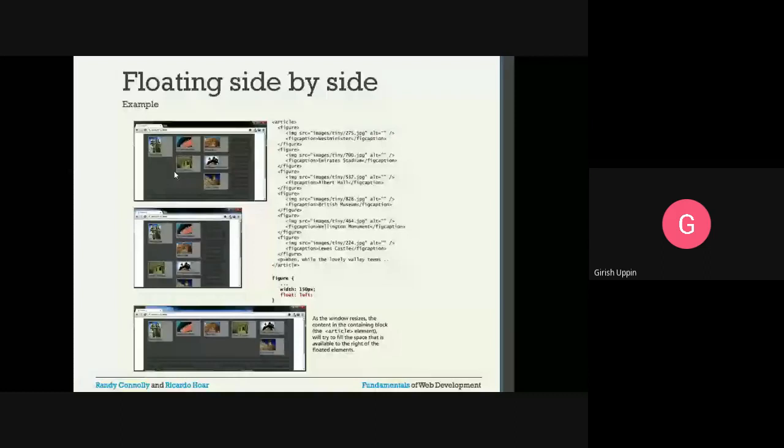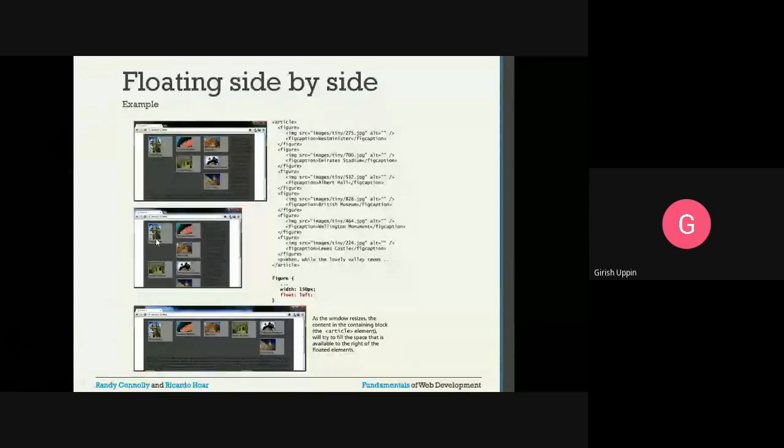And it will take whatever width is provided. Suppose if I resize this window, you can see here the window width has been reduced. When we reduce the width, again the element will take up all the space on the right hand side. Okay, because this is left, and the remaining elements will refloat.